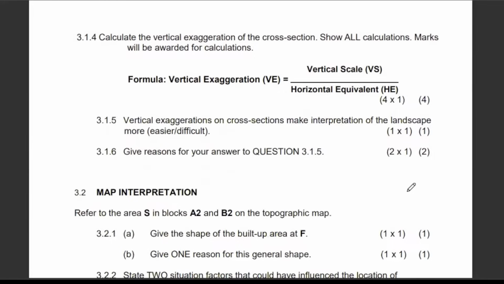Right, the next question is saying vertical exaggerations on cross sections make interpretation of the landscape easier. Because we have emphasized the height, now we can see the height of the features. Give reason for your answer. We are saying exaggeration is deliberate stretching. We have deliberately stretched, and therefore